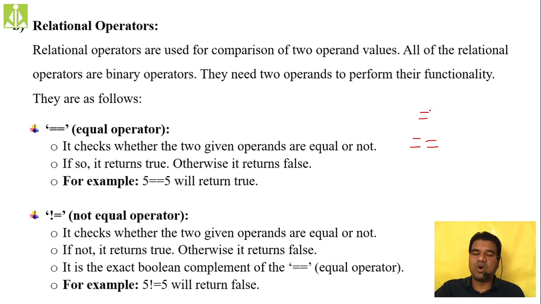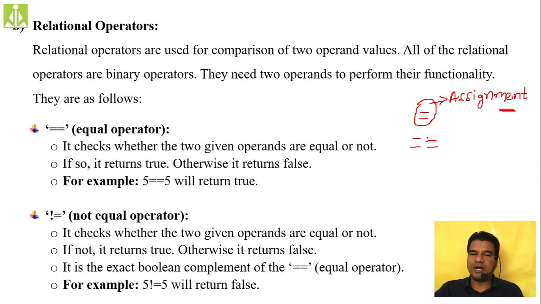So what does single equals to do for us? It will do the assignment. Suppose you want to assign some value to a variable, then we use the single equals to. Very soon we are going to discuss the single equal operator as well. We call it the assignment operator, and it has a specific meaning. That is the reason why we cannot use the same operator for comparison. So instead of a single equals to, we use double equals to, which simply compares. It checks whether the given two operands are equal or not.